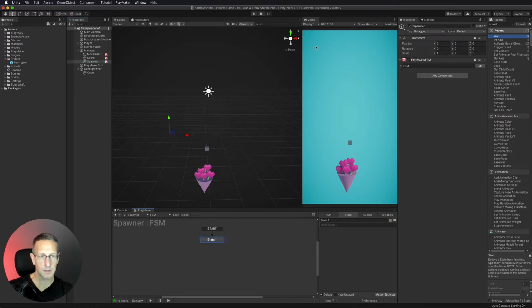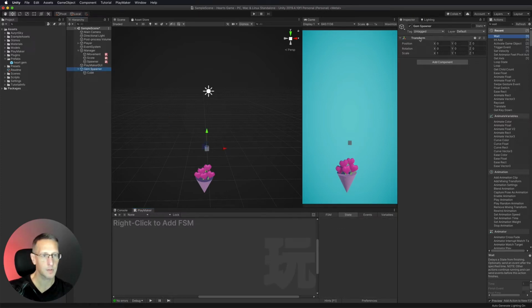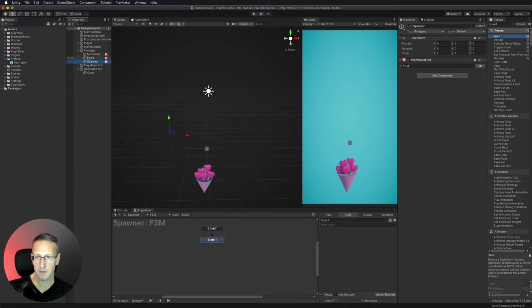The thing that I want to do is change where the placement of that spawner is. Okay. So here the cube is what we're going to be positioning. So what I want to do is set up where this position is. So again, this is our spawner, and here is the FSM that we're creating to move that around.